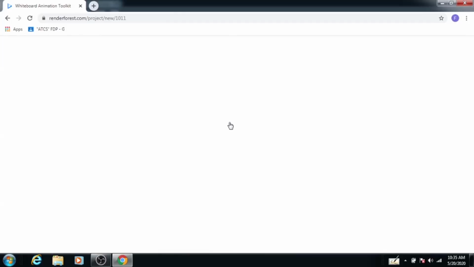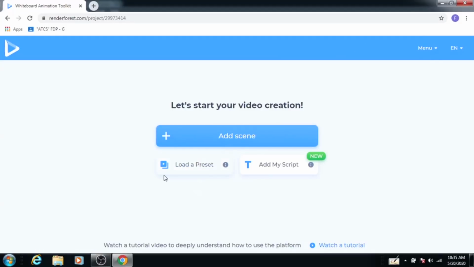After the create now button, this page opens. Now there are two options, add scene and load a preset. So click on add scene.